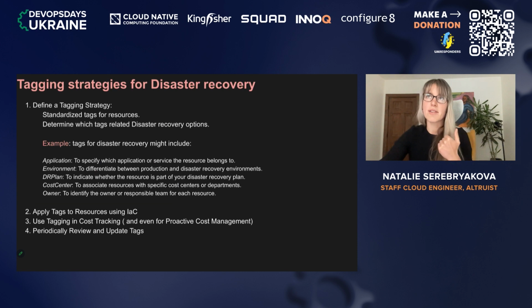So this slide is covering tagging strategies. I would say for disaster recovery, just create their own tagging strategies. I know there are certain tags you can do. Different cloud providers let you do that. There is a cost estimation tagging. For disaster recovery, just tag the resources that are used for that. And then if you have a cloud provider, let's say you have a cost